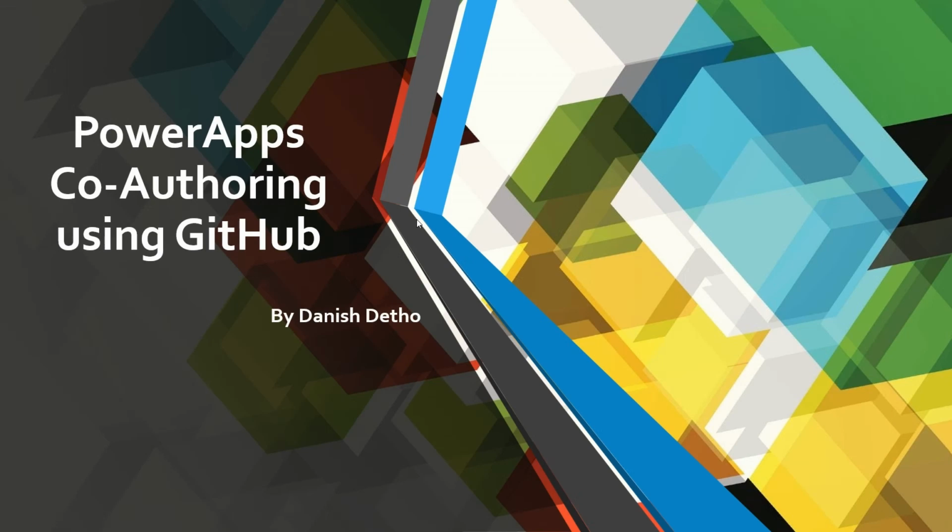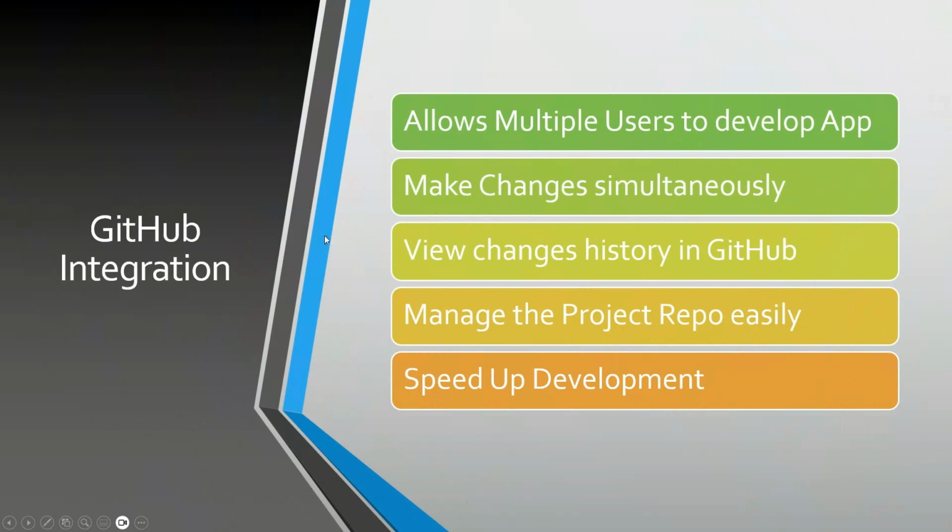Now, co-authoring allows us to have multiple developers working simultaneously on the same app. Previously, there was no way of doing that. Each developer has to build an app by themselves. But now we have a feature that allows us to do co-authoring in Power Apps, and that is using GitHub